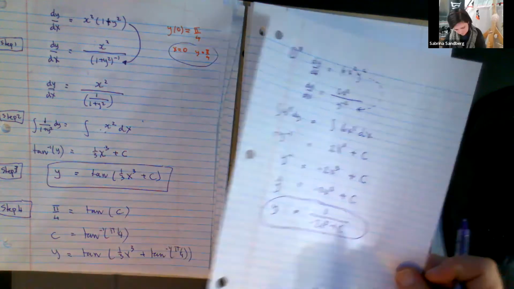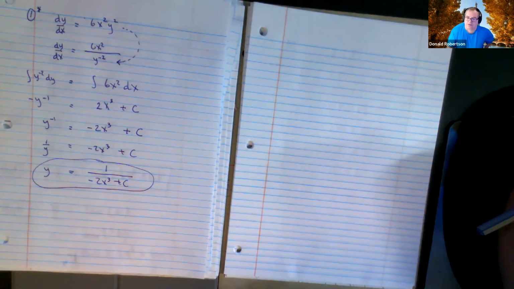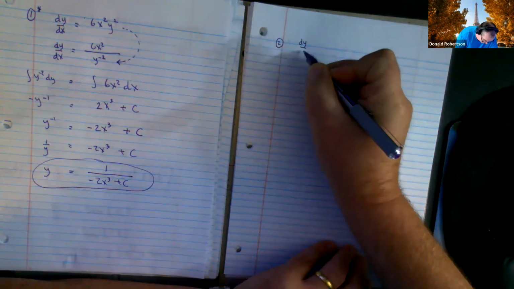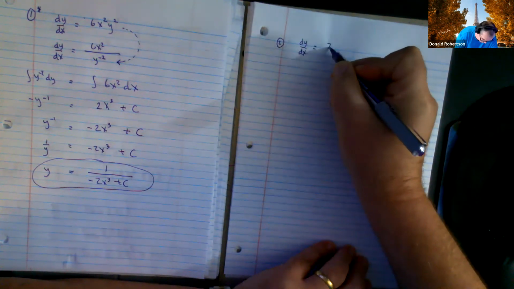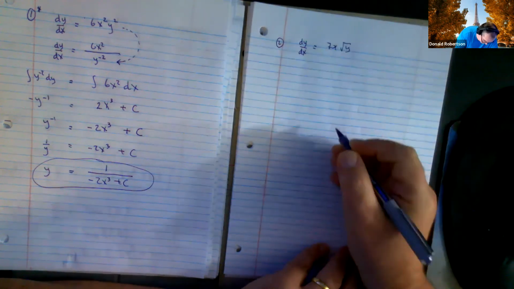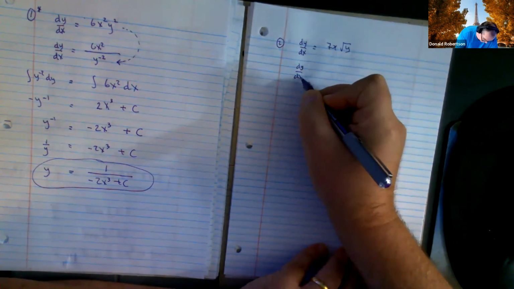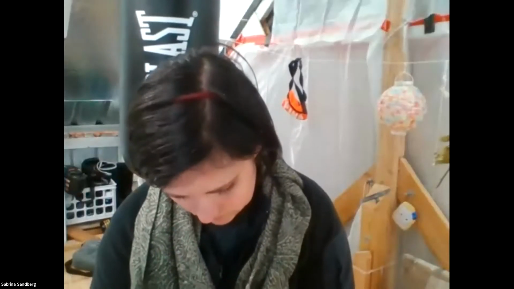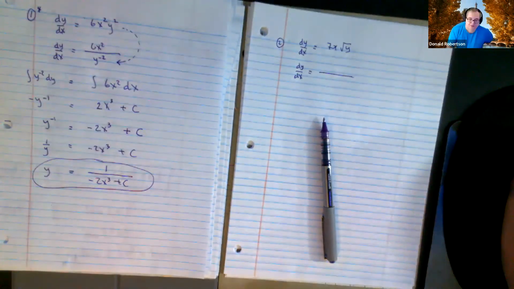Yeah, let's try another one. Let's try question 2. Do dy by dx again: 7x square root of y. You've got to think of fractions here, and sometimes that means you have to write things down in a really weird looking way. But that's okay. As long as it ends up being a fraction, it doesn't matter how weird it looks. So you tell me